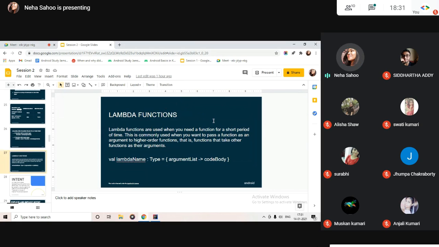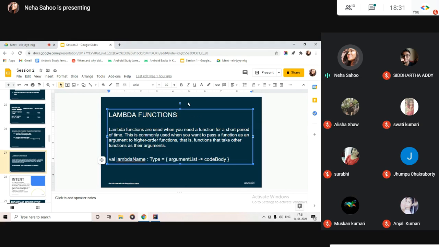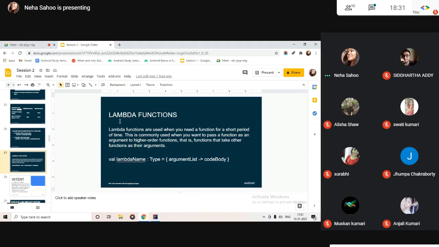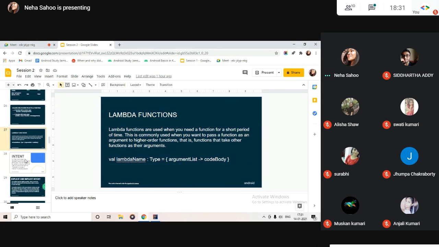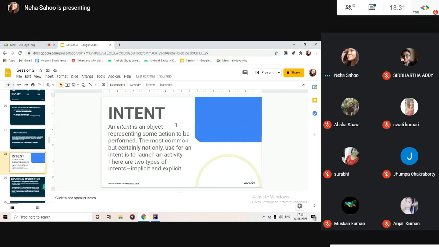Higher order functions are a little difficult to understand, because for that you need to first understand what lambda functions are. Then you need to look at how it is being passed to a function and how it is being returned from a function. All these things are really necessary for what we will be doing tomorrow. We will be coming back to it a little later, but for now, let's look at what is intent.